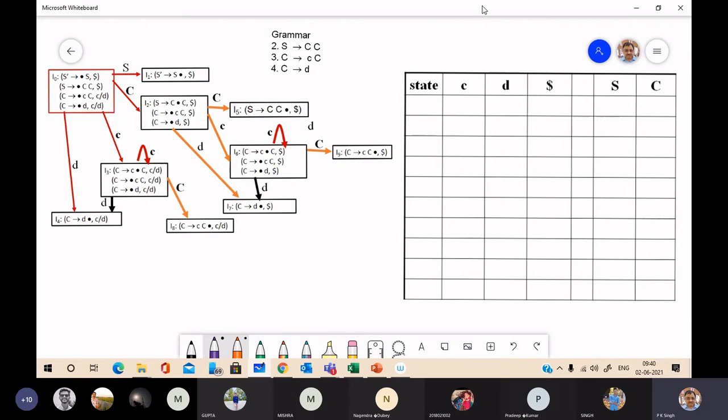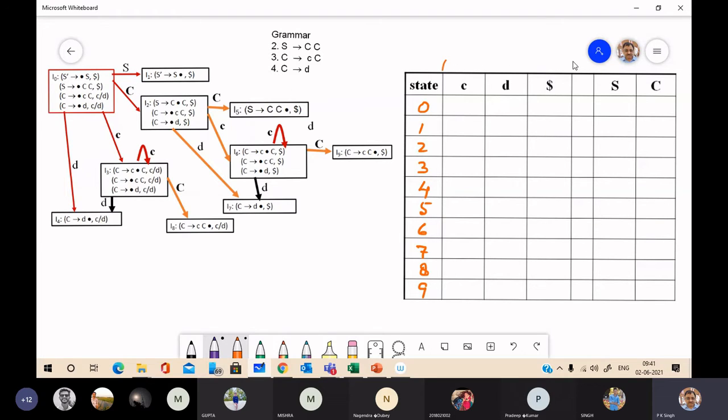For each item set, we have to introduce a state of the parser, so it will be 0, 1, 2, 3, 4, 5, 6, 7, 8, 9. For each item set, we have a state. From item set I0, you have to make entries in the action field as well as in the goto field.